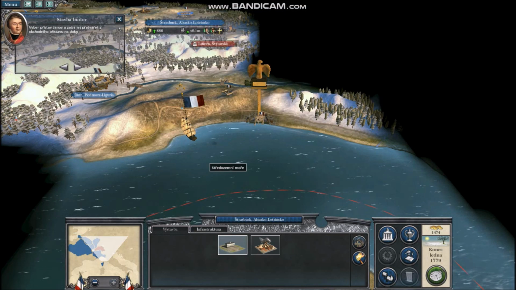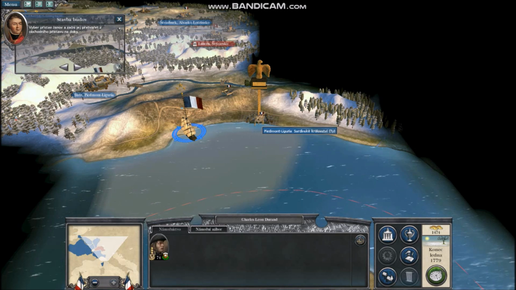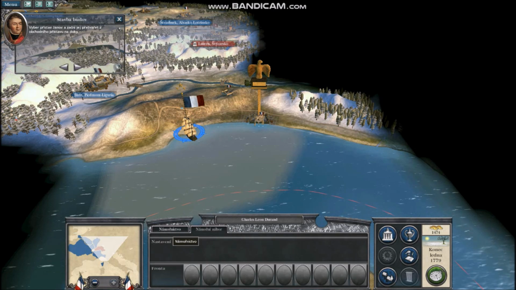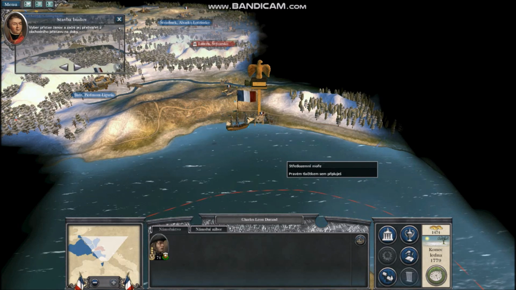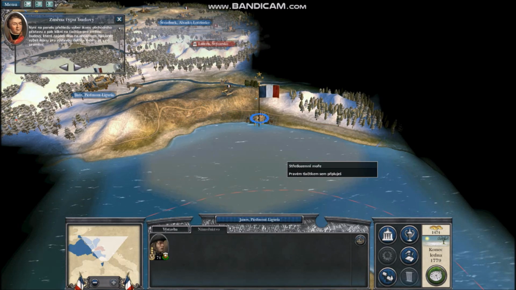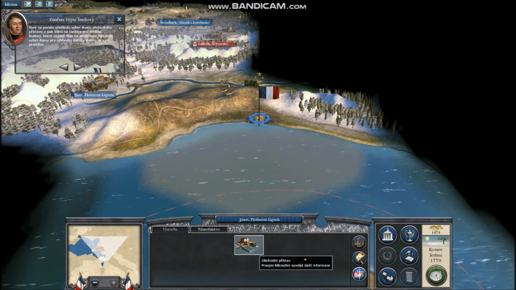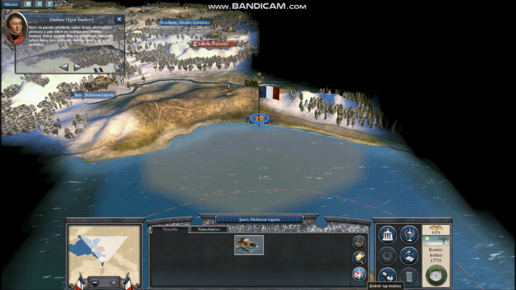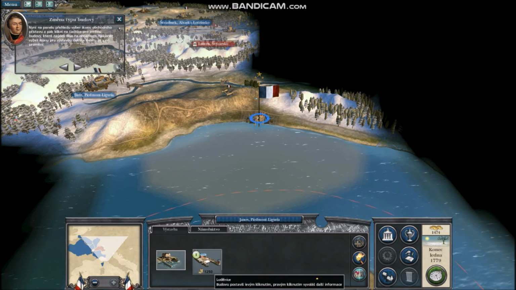Select the port of Genoa to begin the conversion process from a trading port into a dockyard. Now, select the trading port icon on the review panel. With this selected, click on the Change Building Type button at the bottom of the screen. Then,